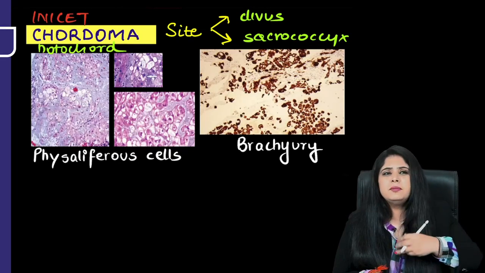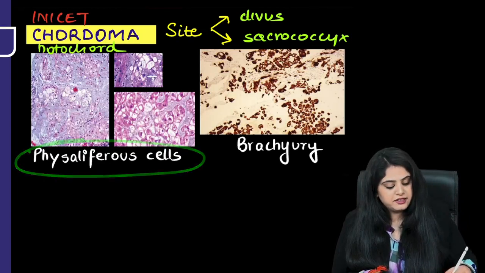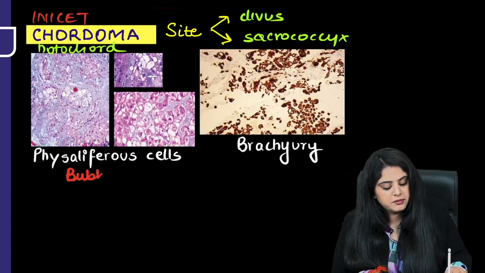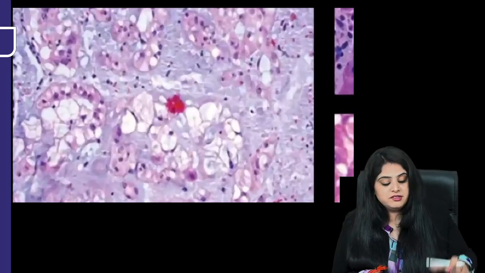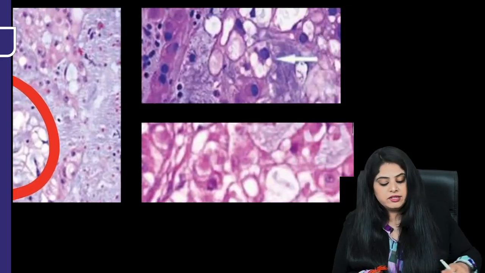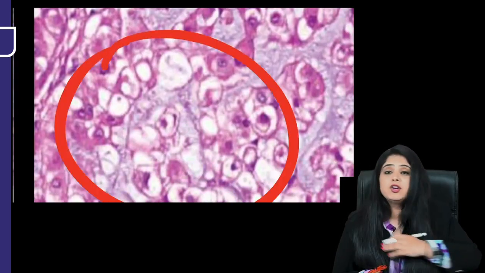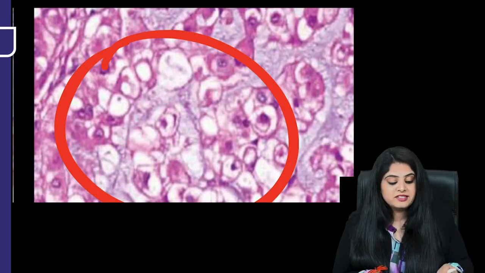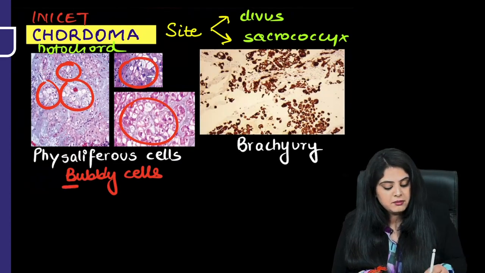And what are the two very big names which are very famous for it? It shows you physaliferous cells. The simple name for physaliferous cells is bubbly cells. If I show you the picture, they'll all have bubbles inside. Look, it has vacuoles, all bubbly looking cells. This one also, bubbly cells. This one also, bubbly cells. Got you every picture from the internet. So basically it's showing you a lot of bubbly cells, that is physaliferous cells, and these bubbly cells are positive